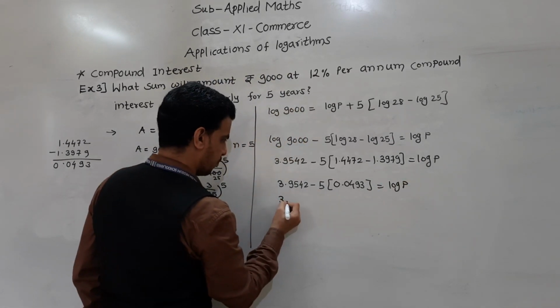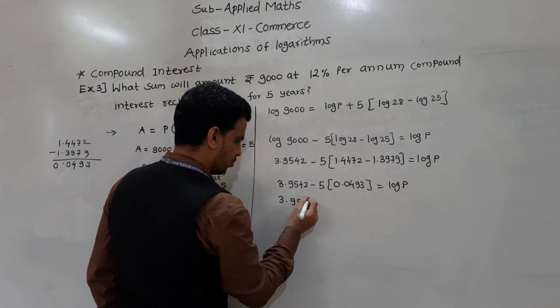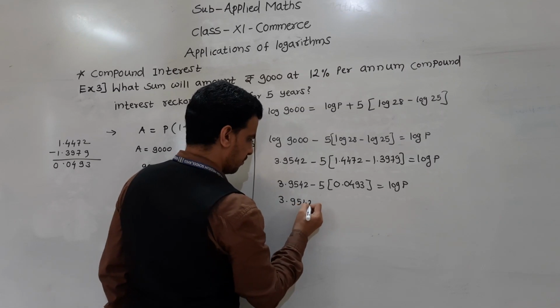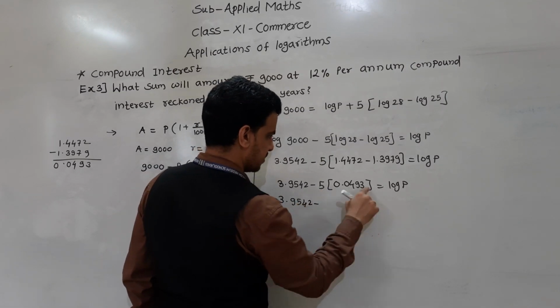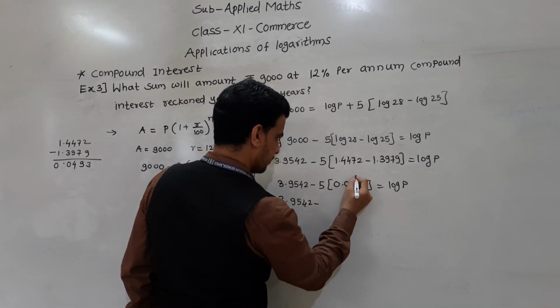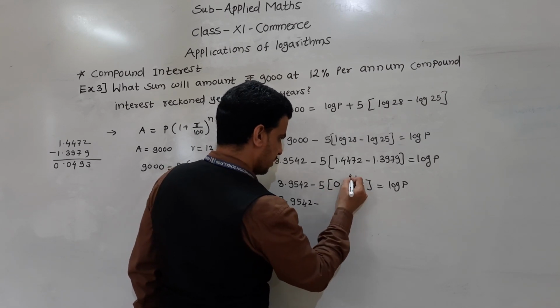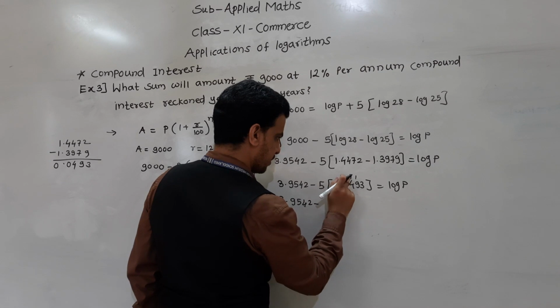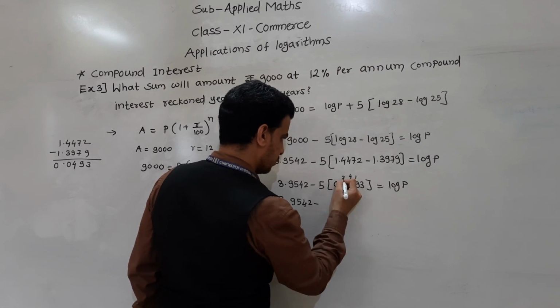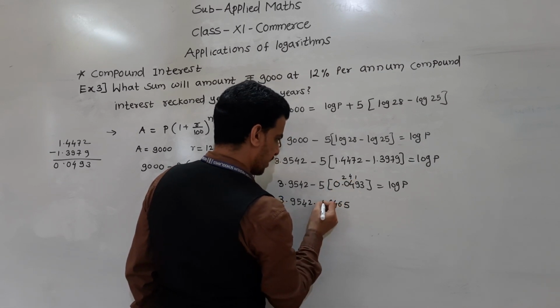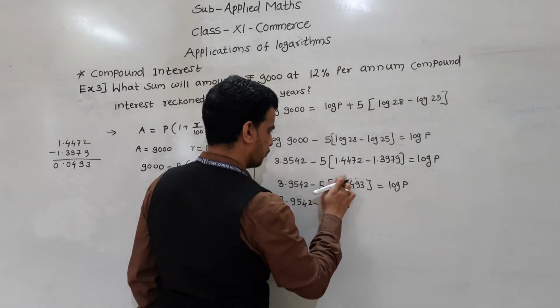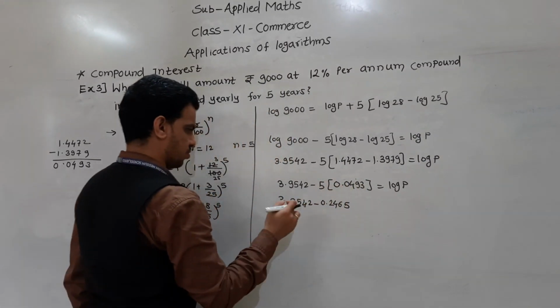So 3.9542 minus, multiply this 5 inside, so 5 3s are 15, 5 9s are 45 plus 1 46, 5 4s are 20 plus 4 24 is 2 and 0, so 0.2465. Now subtract this,